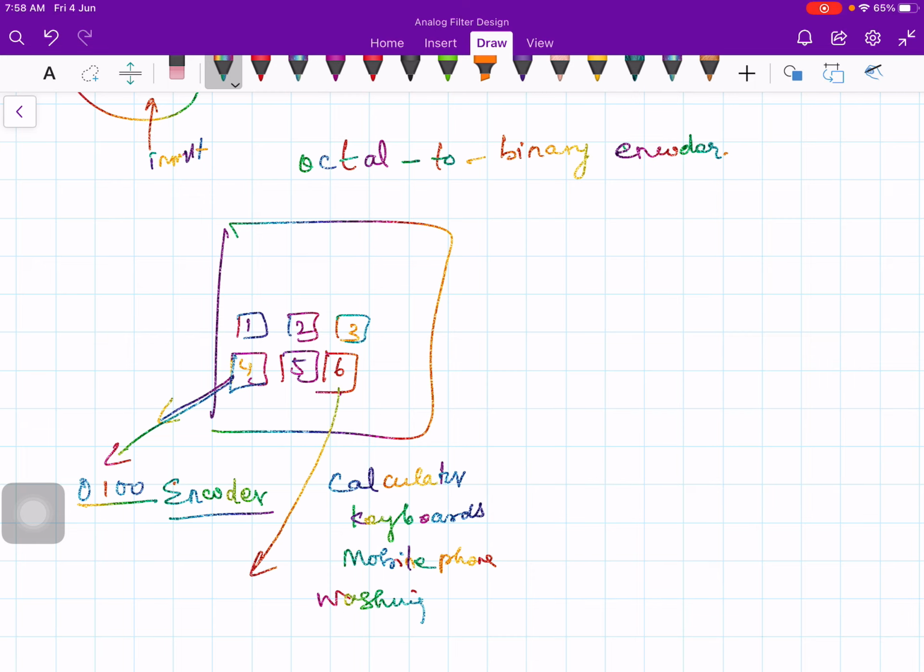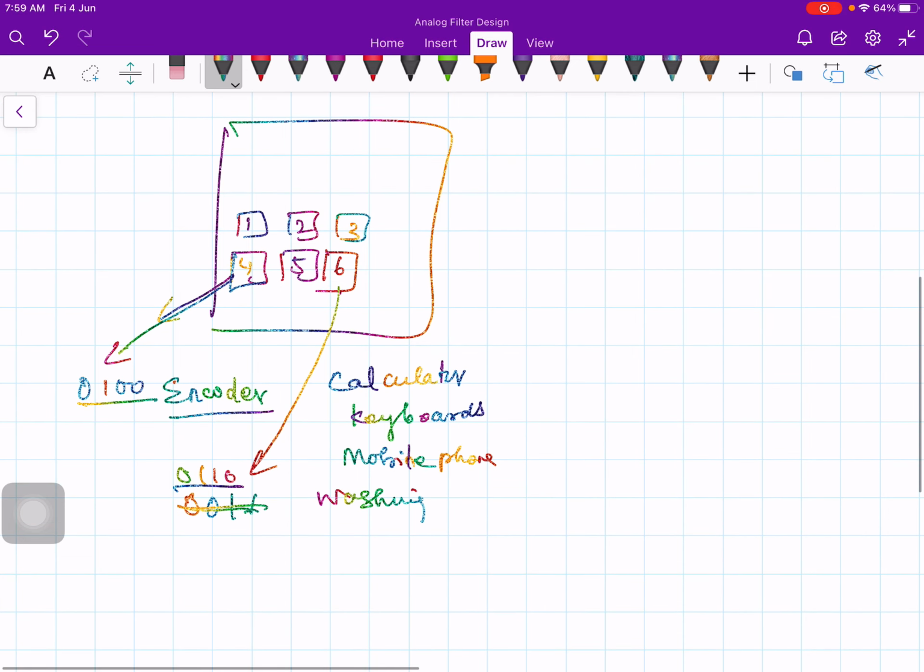If I press 6, then 0, 1, 1, 0. That's how the encoder helps us generate the binary codes. So wherever you have the interface from human being to the machine, definitely there we will have an encoder. That is the application of our encoder.